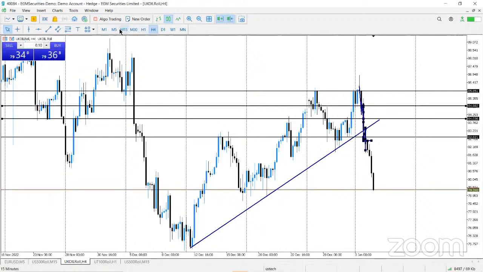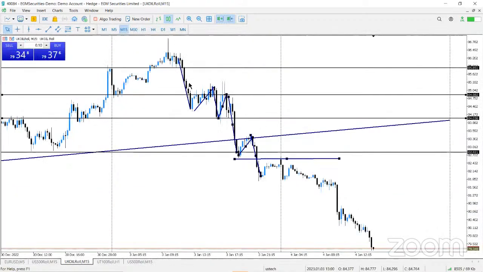But assuming you missed that entry, you can move to lower time frames because you're still in line with the bigger time frame, and you look for more entries. So in this case, we had a breakout, a retest, and two large bearish candles for the continuation. Stop losses will probably have been higher off this key level derived from the higher time frame. So